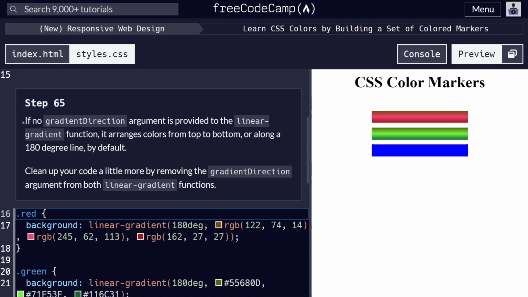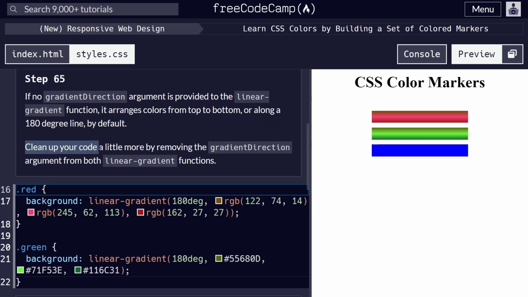Step 65. If no gradient direction argument is provided to the linear gradient function, it arranges colors from top to bottom or along a 180 degree line by default. 如果这个 gradient 的方向我们没有提供，它就会给你从上到下，上到下应该是90度的吧？所以它到底是预设180还是预设90？180我猜。Clean up your code a little bit more by removing the gradient direction